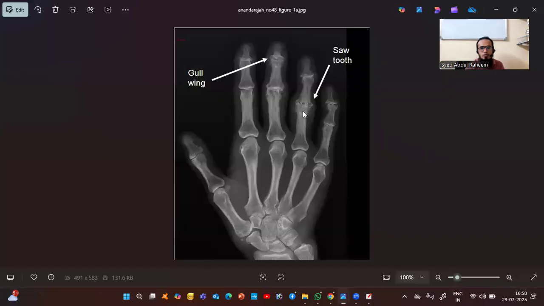So we have the small joints in the hand. These are called phalanges, distal and proximal. And here, these are the metacarpals, metacarpals, and phalanges, proximal and distal. So all the PIP and DIP, which means proximal interphalangeal joint,